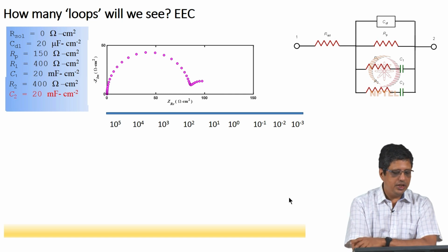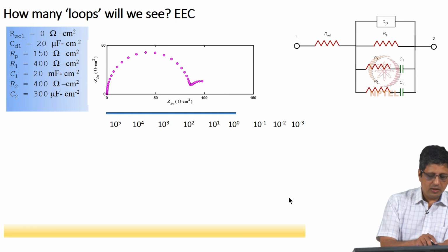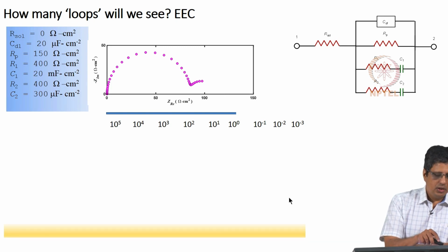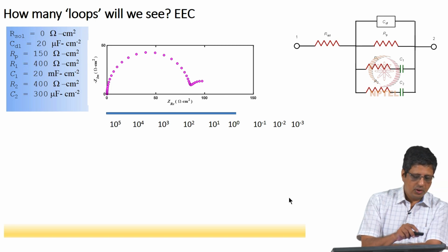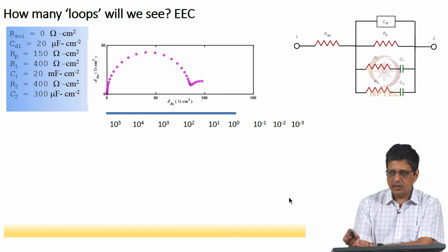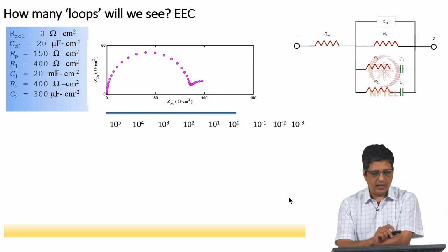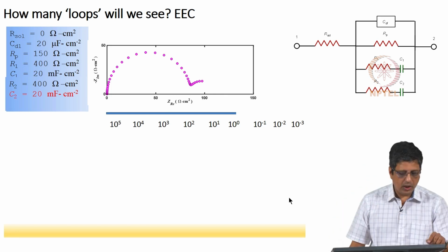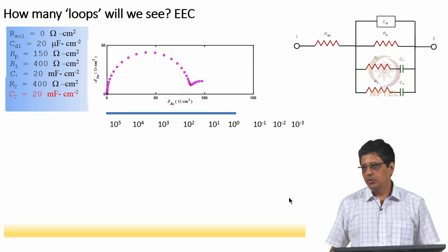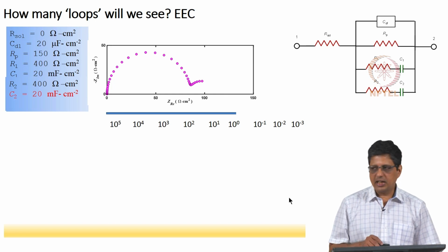Second, I want to change the numbers. So, I have given values like R1 is 400, C1 is 20 millifarad, R2 is 400 ohm centimeter square, because it would correspond to an electrode. If it is pure resistance, it is going to be ohm, and microfarad or millifarad. C2 was originally 300 microfarad, but now I changed it to 20 millifarad. Now, look at it, R1 C1 and R2 C2 are matched, R1 is equal to R2, C1 is equal to C2. In this case the time constants are identical. If it is close enough, it will overlap,